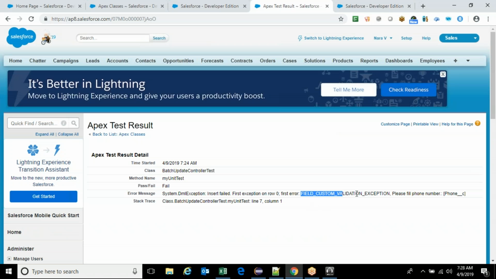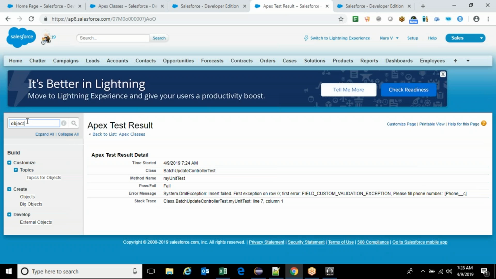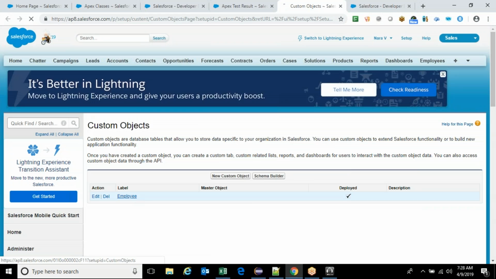You need to use the flag. You need to use the boolean flag not to run your test class, because the validation is running in the test class. Or else what you can do,